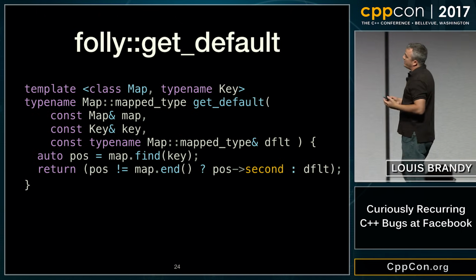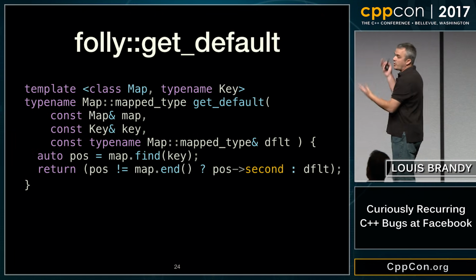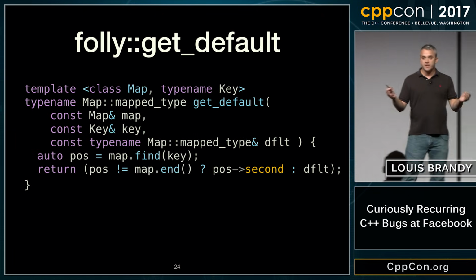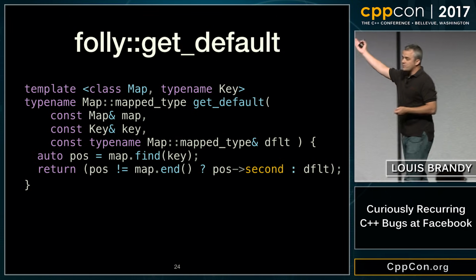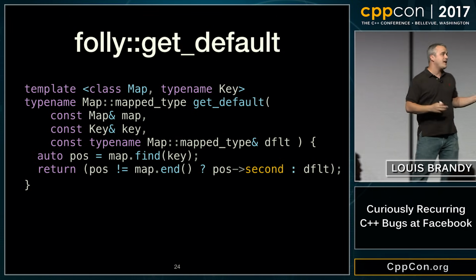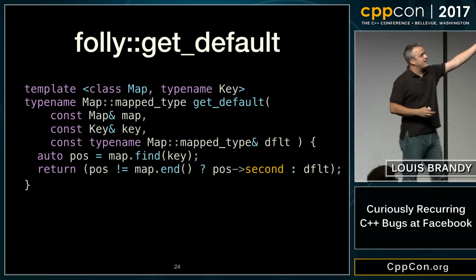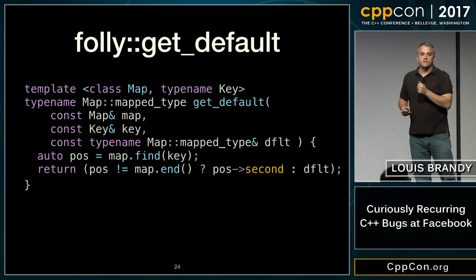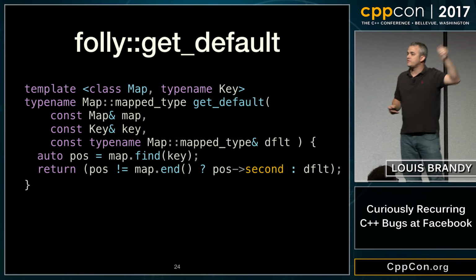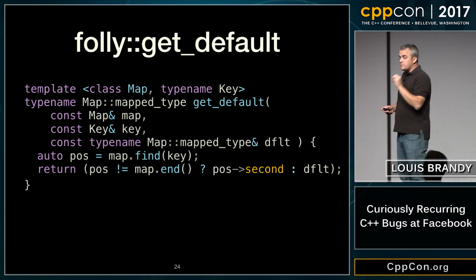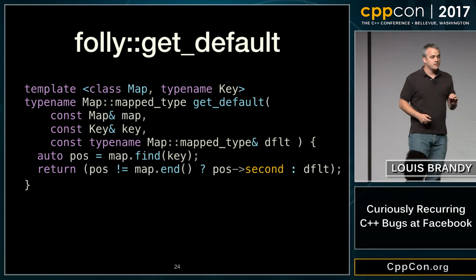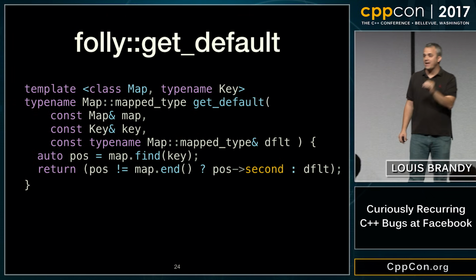It's not super fair to compare this because most of that noise is type information, and Haskell has type inference. But this is a template that takes a map and a key, and the code down at the bottom is really like what you'd expect, right? Find the key. If it's not the end iterator, return it. Otherwise, return the default. That's what the last two lines look like. It's very straightforward. There is something in this slide that C++ programmers hate. They hate it, they hate it, they hate it.